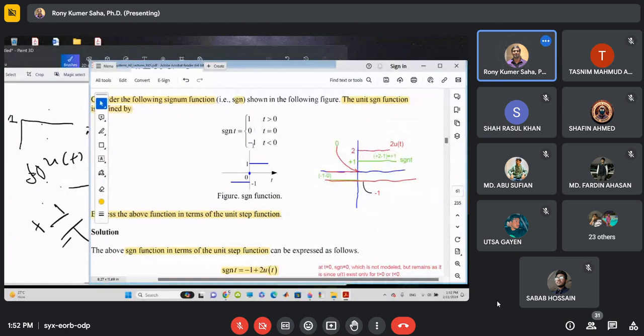How do you represent it? You can take 2u(t), which means the magnitude is 2 and it's a unit step function. So you have positive and negative distance. And then what we have done is that